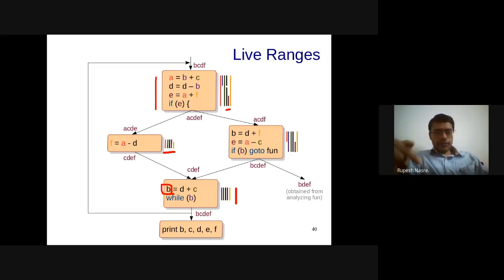If you have SSA form, then different live ranges are going to be decided by different variables or variable instances, let's say. In that case, you can say that the live range is going to be associated with a particular node in this graph, right? Because they are anyway b1, b2, b3, we will consider them as different variables. So in that case, it is okay to mention it that way.